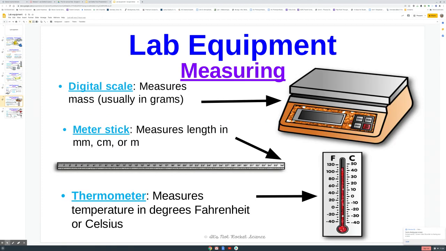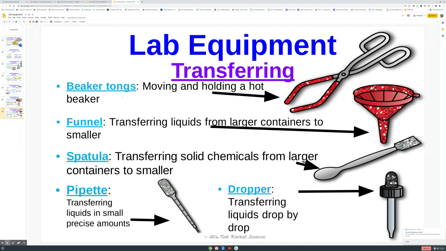A digital scale or triple beam balance. I have some digital scales, but they're not as precise as maybe the triple beam balance is. Measures in grams. You have your meter stick for measuring length, millimeters, centimeters, or meters, and your thermometer for measuring Fahrenheit and Celsius. Beaker tongs for carrying your hot beakers, a funnel for when you're transferring liquids from a large